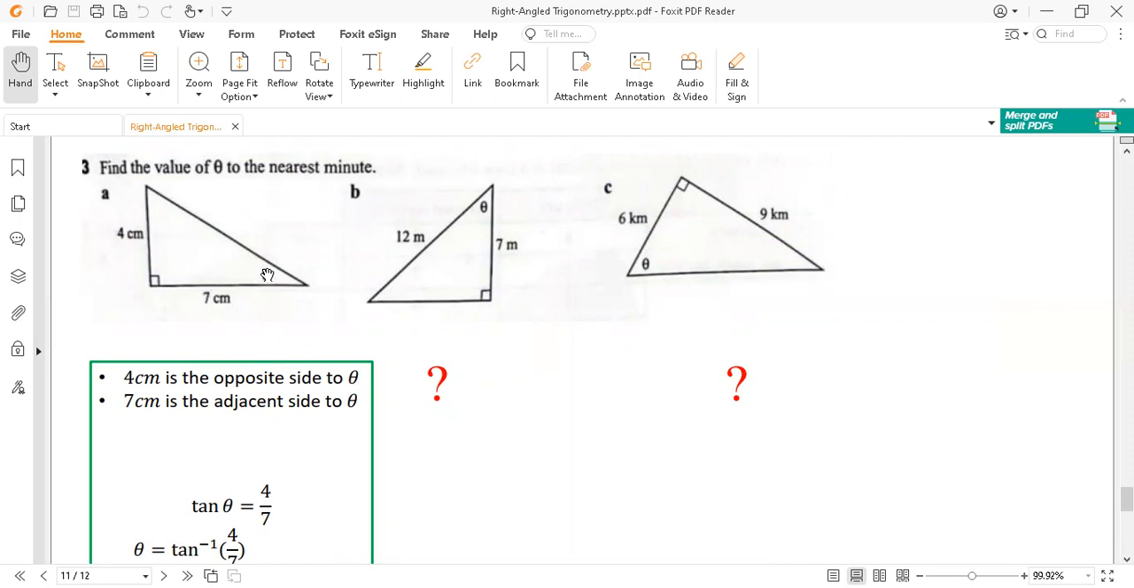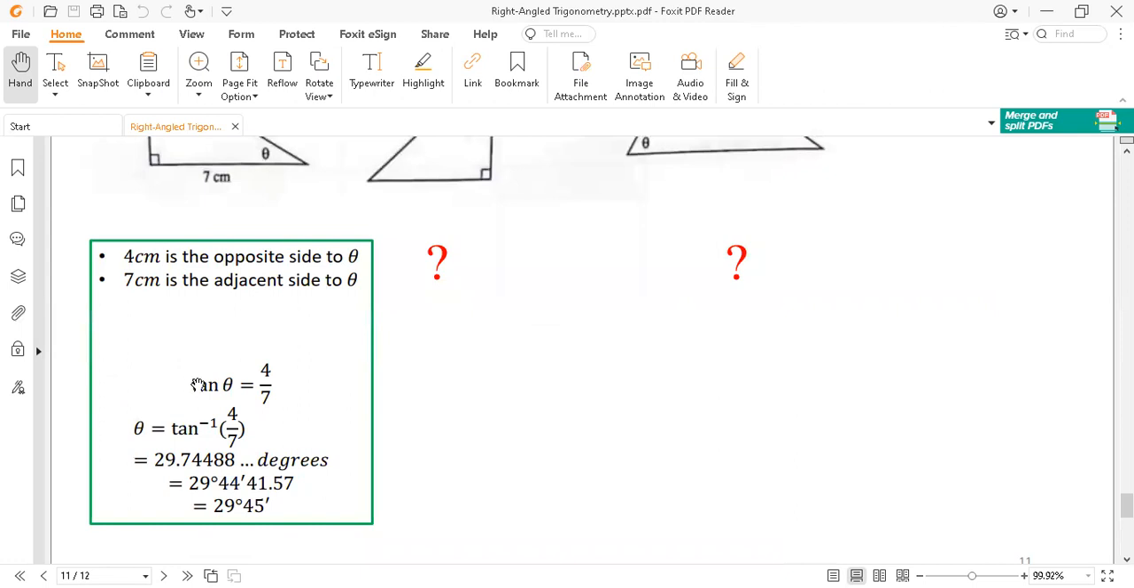Okay, so we have a theta. With respect to theta, 4 centimeters is the opposite, and 7 is the adjacent. So normally we use tangent theta, equal to opposite over adjacent. So how to find theta? By the inverse tangent. Theta is the inverse tangent of 4 over 7, which gives us, using the calculator,